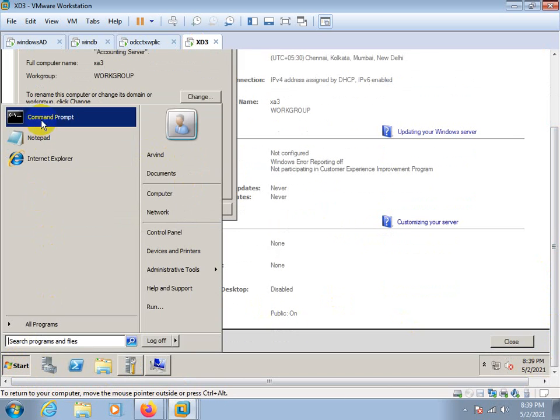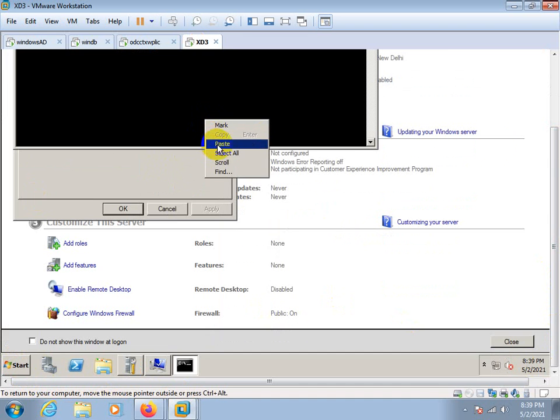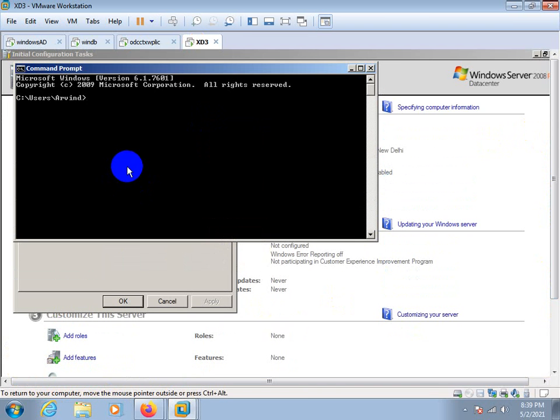So here I'm changing the domain. I need to change the IP address. I need to provide the IP address manually over here.